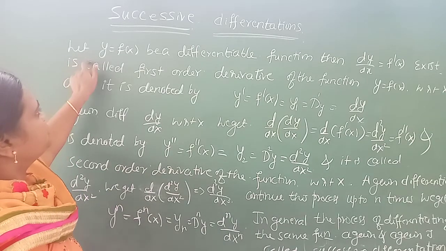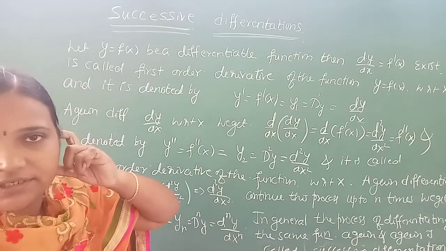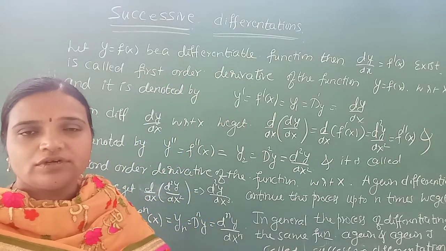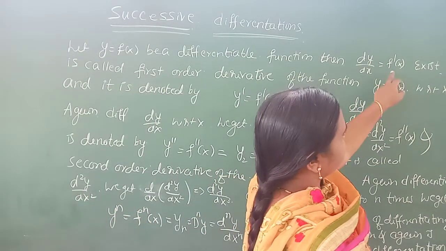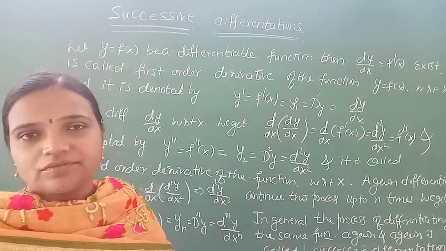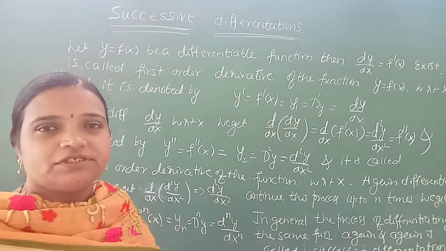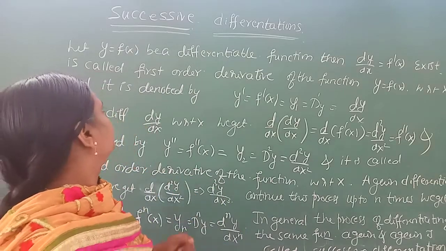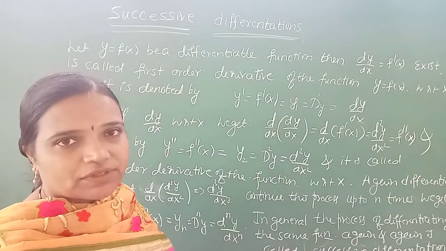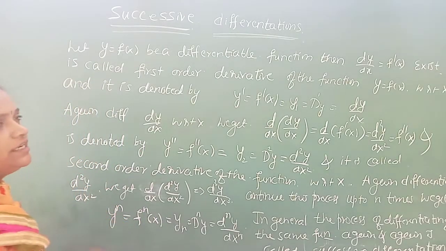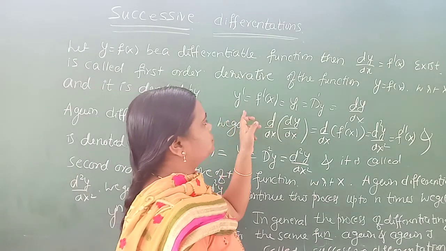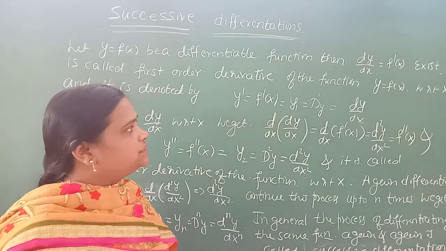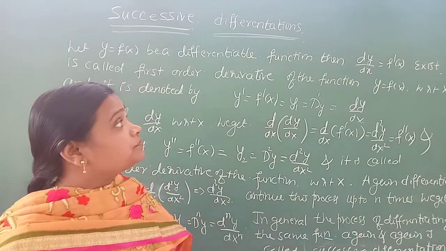See, we consider a function y equal to f of x. Differentiate. We will get dy by dx is f dash of x. Here we have done only one time differentiation. Therefore we call it the first order derivative of the function. And it is denoted by y dash, f dash of x, y1, dy or dy by dx. These are the notations of the first order